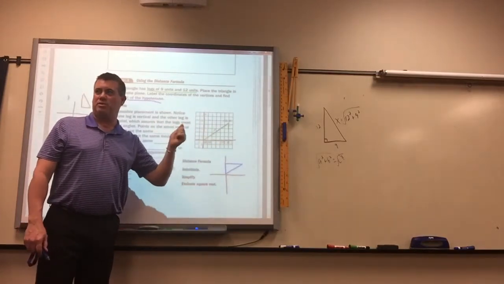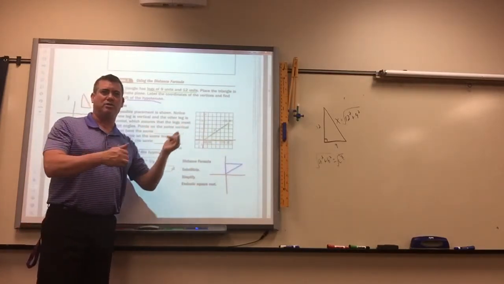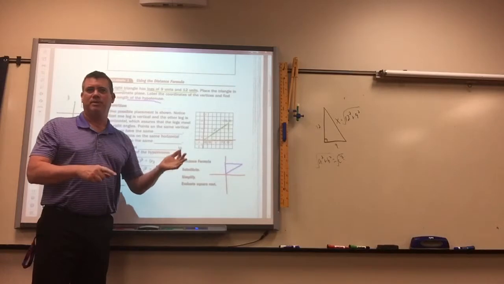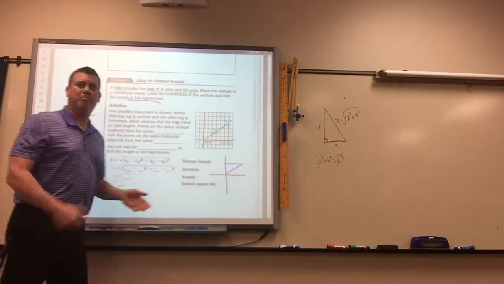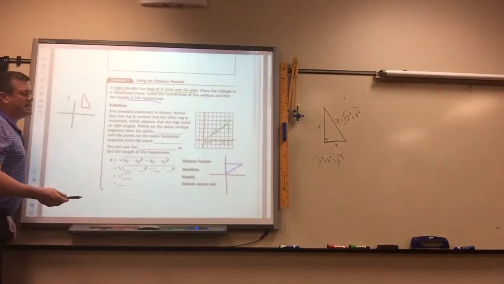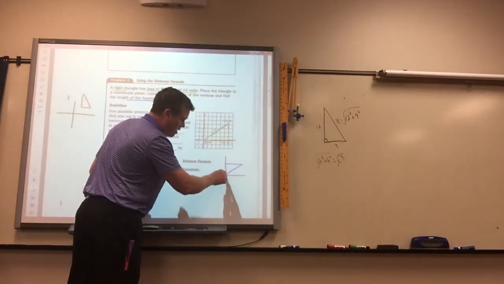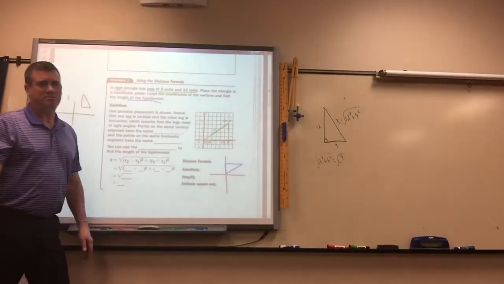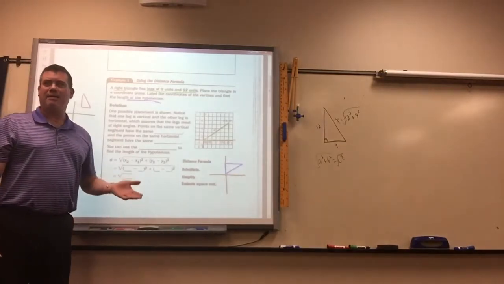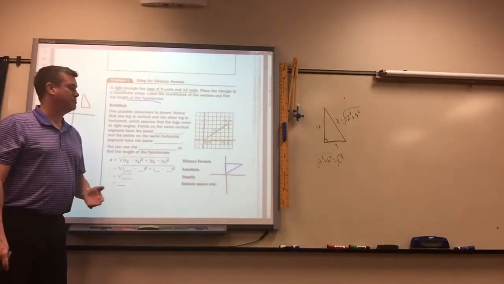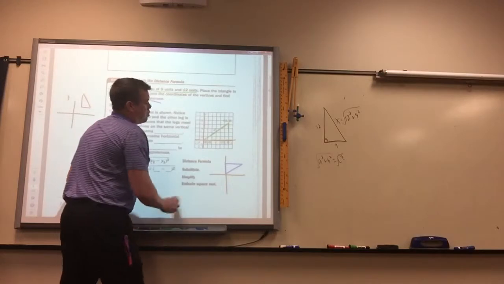And that's what we're doing today, is they're going to tell you to draw either a triangle or a square or a rectangle. You can put it anywhere you want, but to make it easiest, you want the one point to be at 0, 0. Again, you don't have to, it just makes it a lot easier if you do. So the reason why now